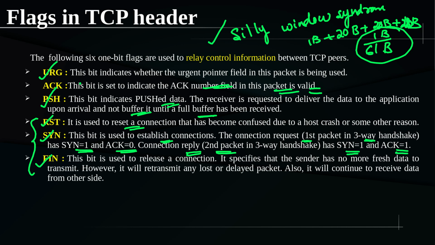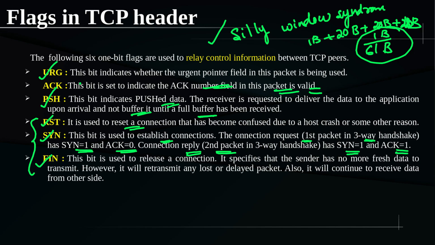If the sequence number is not starting from 0, the value it starts from has to be known to both parties, right? So that is communicated during the connection establishment phase with these special packets, and also the buffer size of the sender. Many things like that are communicated during this time. By this, the sender and receiver will be synchronized to each other, and they will start the actual data transfer. So that is why it is given the name SYN flag.